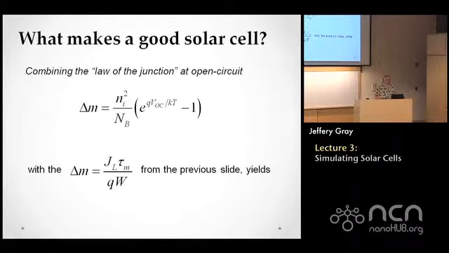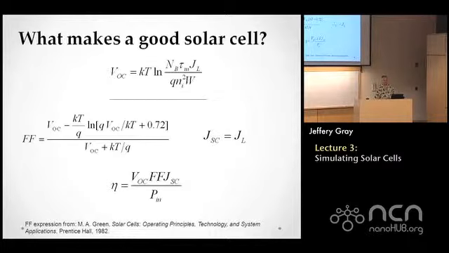Now we'll go back and look at the law of the junction because we want to relate this to a voltage. So we take the minority carrier current and calculate an equivalent open circuit voltage, or minority carrier concentration, and calculate an equivalent open circuit voltage. And with this from the previous page, just a little bit of algebraic manipulation will give us that the open circuit voltage is